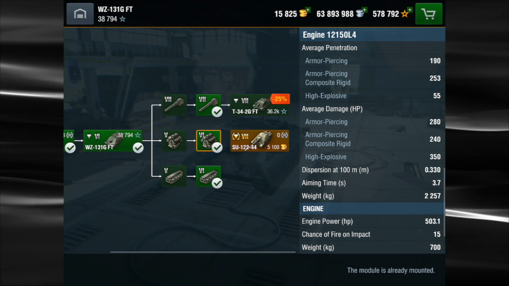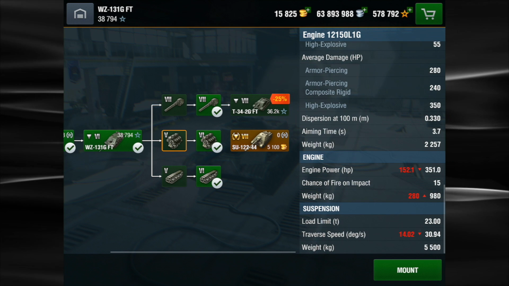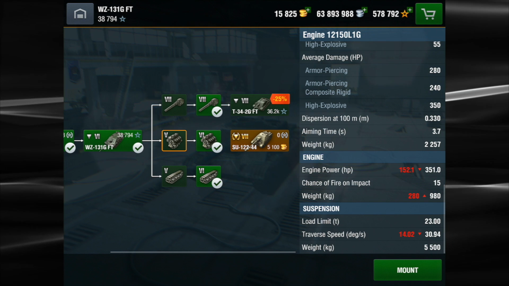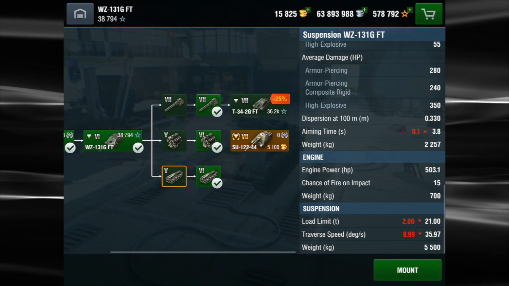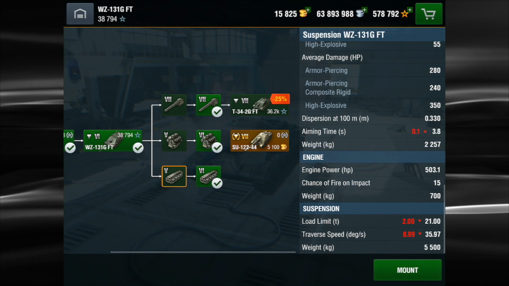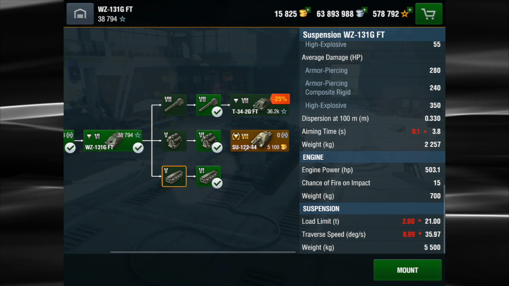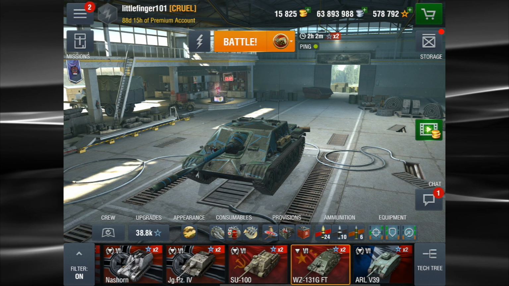The penalty for not upgrading the engine and tracks is huge in this tank. If we look at downgrading this engine to what you get when you first buy it, you're losing 14 degrees per second on the traverse speed. Compile that with 9 degrees, 23 total degrees per second. And the first game I'm going to play you is one of my first 5 games before I upgraded these, and you will certainly see the difference in that traverse speed. But nonetheless, you can play your first 5 games there, get as much experience points